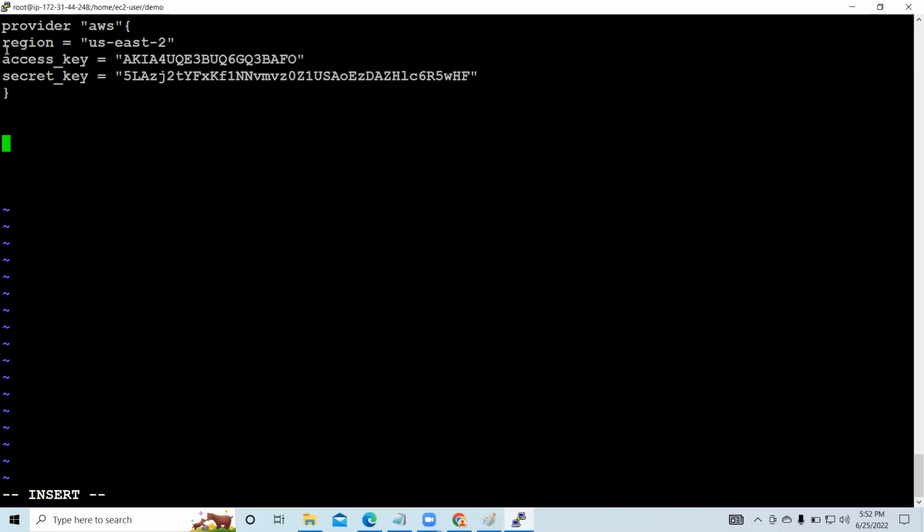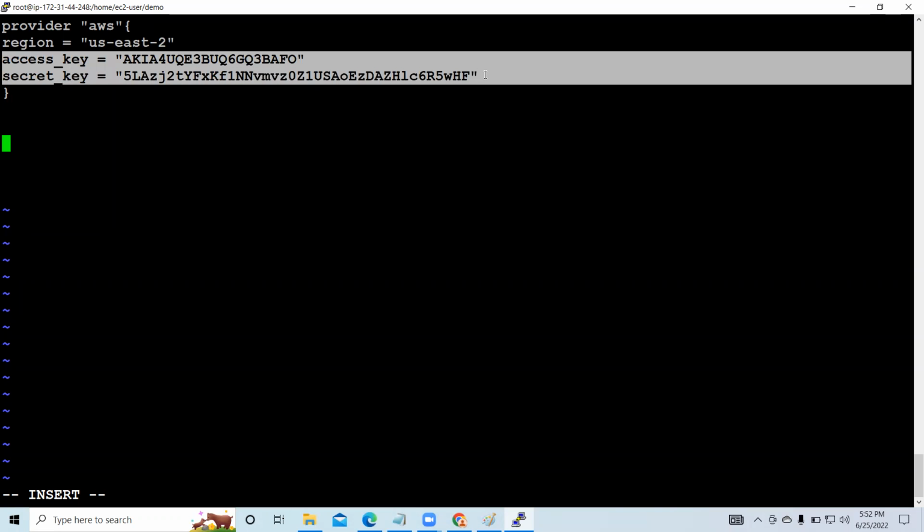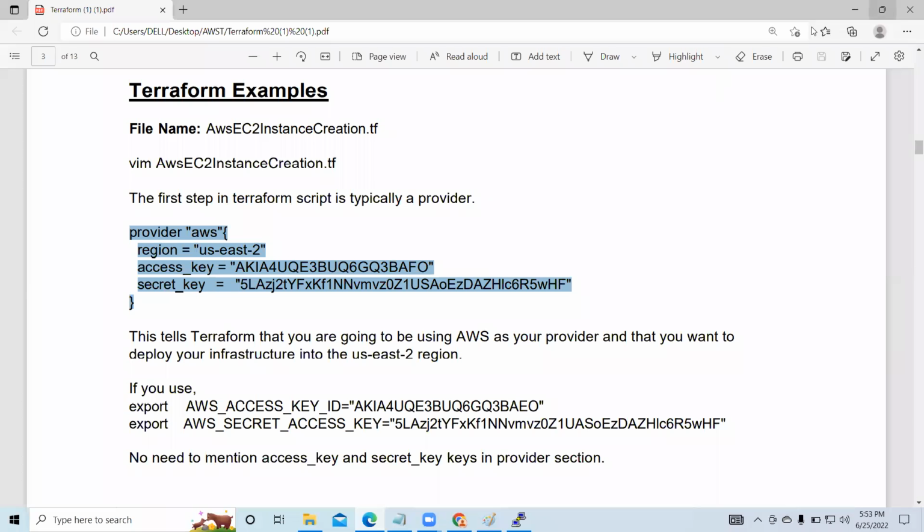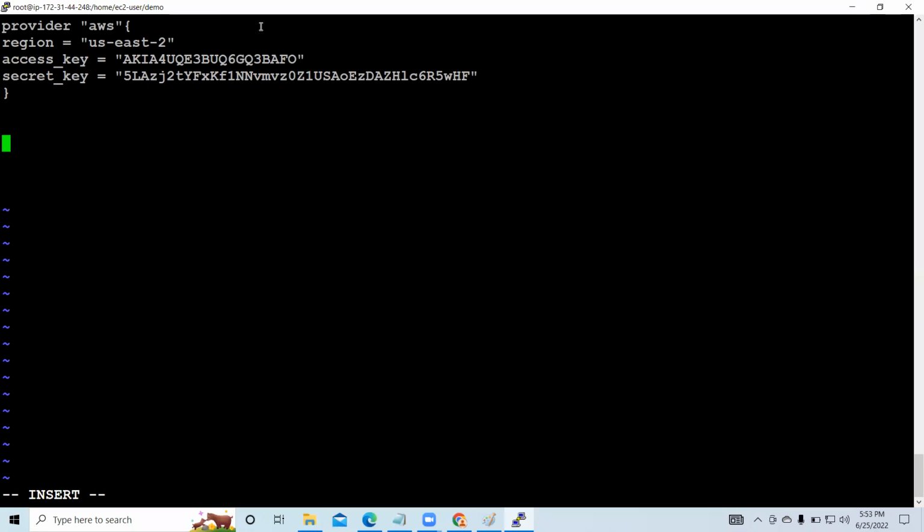Which part of the world would you like to go for these things? And there is a permission, an access key and a secret access key. There are two keys. Amazon uses the keys to give the permission, guys. So we have successfully mentioned the provider here, and here we are going to mention the